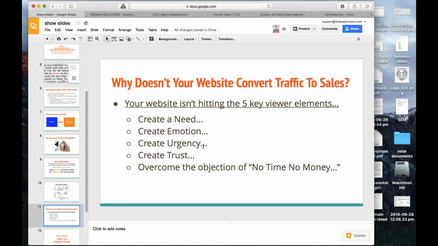We've got to create urgency. We've got to make it seem like this is something fast. There's a deal for homeowners in this area that's going fast. We need them to take action quickly. We need to create that trust. They need to have a reason to work with you, because you have to remember, if they're clicking on your ad, they've never seen you before, they could care less who you are or what you do.